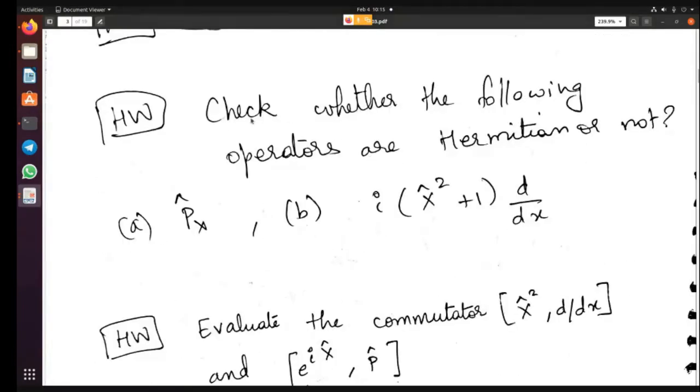So one thing is you can first check whether these operators are Hermitian or not. Again, remember these are continuous operators. Since these are continuous operators, you have to apply them onto a function, onto a wave function psi of x, and then see what is the answer that you get. Simplify it fully and then see what you get. That way you will know whether the operator is Hermitian or not.